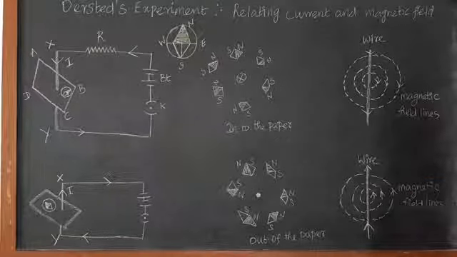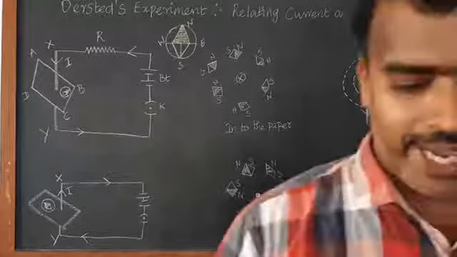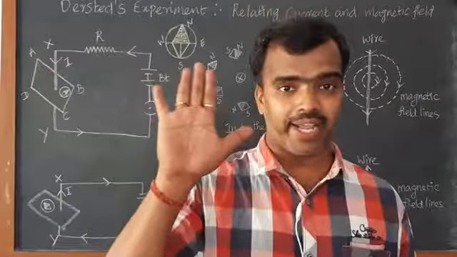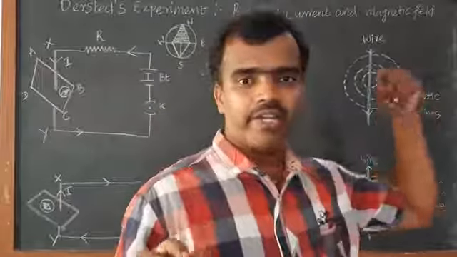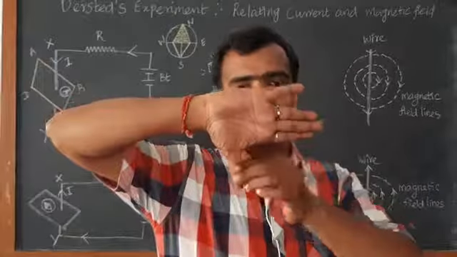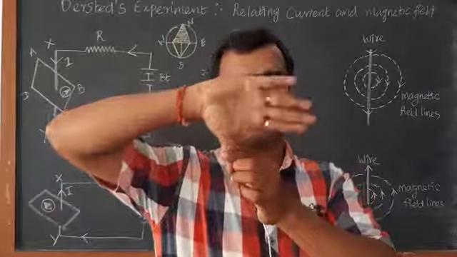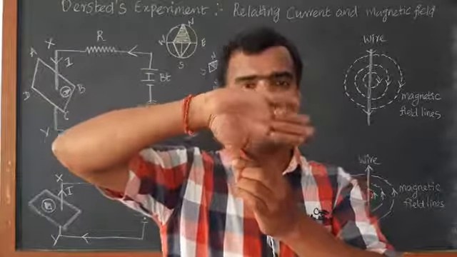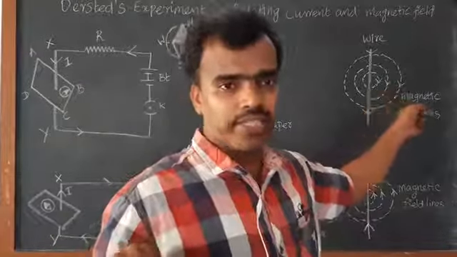How do we remember this diagram? For that, we have to apply the right hand thumb rule. I have my right hand, yes. The first case, what is the case? We have the current flowing in the downward direction. So, I invert my right hand like that. This thumb indicates the current direction and the rest of the fingers indicate the magnetic field. How is it moving? Clockwise, right. So, these are all moving in the clockwise direction.